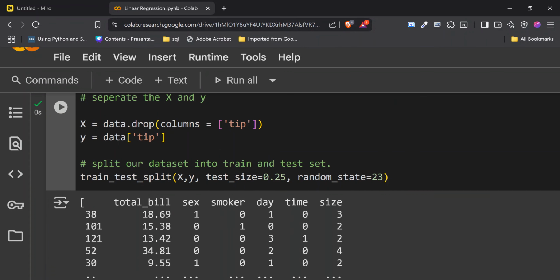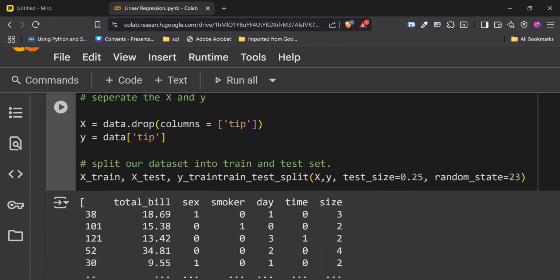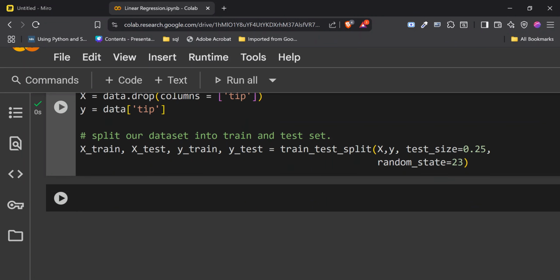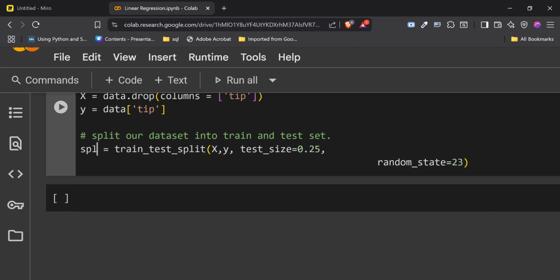So we are actually going to unpack this. We're going to say x_train, comma x_test. If you don't know what unpacking is, you should also review the basics. y_train, y_test. So that's going to be equals to this, and we can maybe take this to the next line. If we run this now, everything is fine, right? Or we can take this and call it split_output. That is the output of the split.